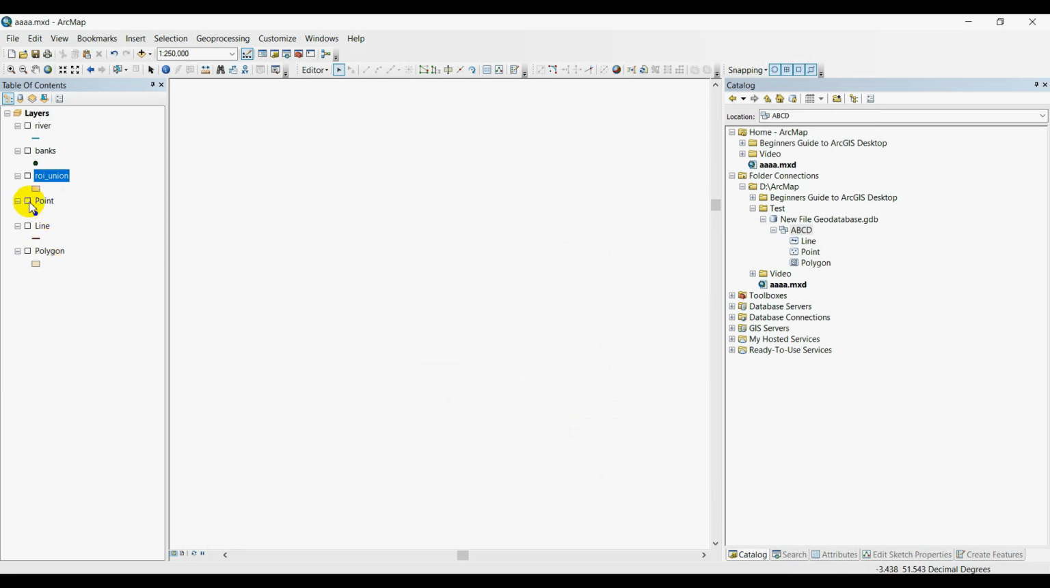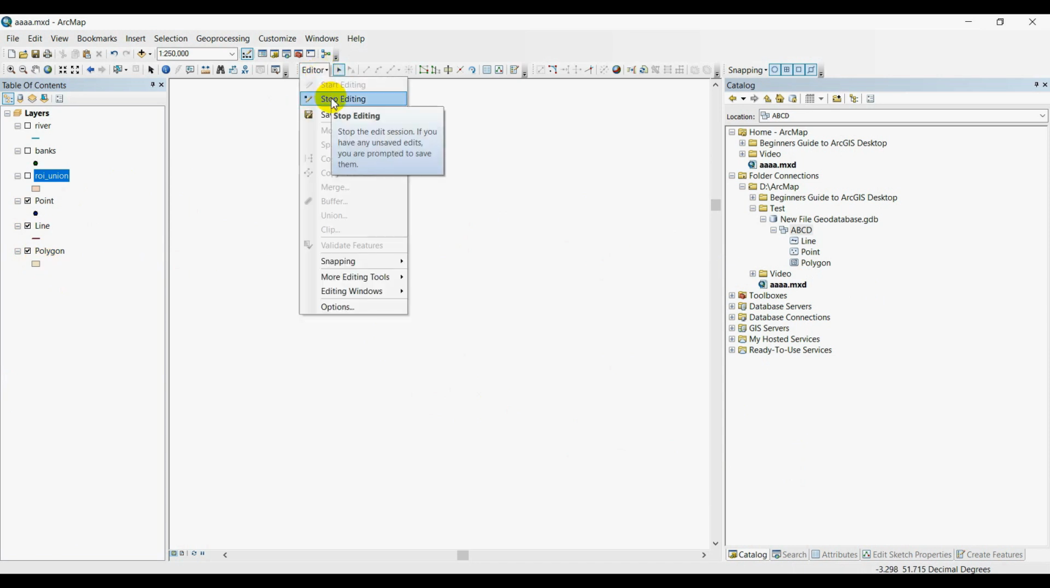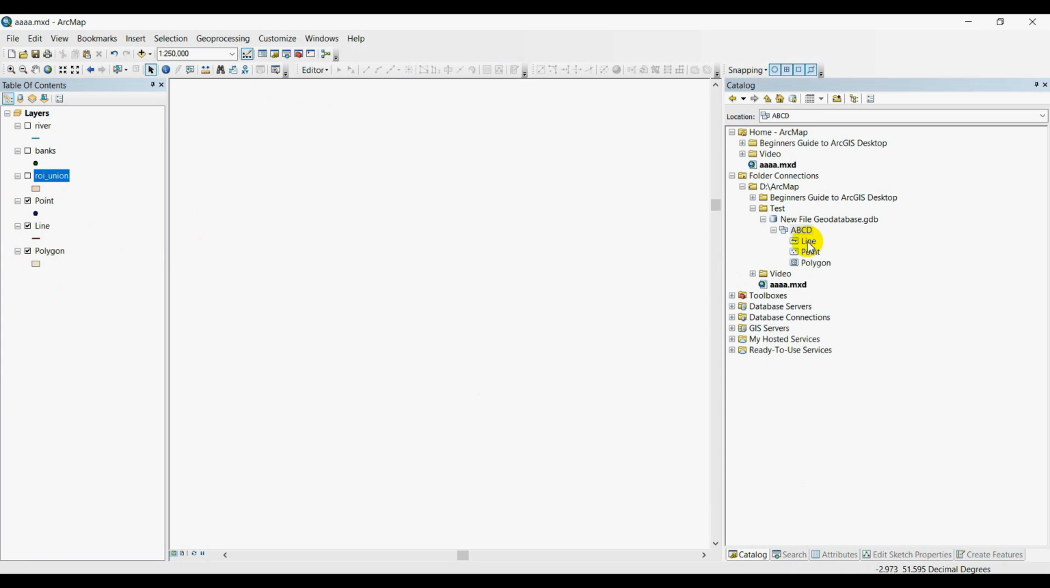Now open point feature, line feature, and polygon feature. Okay, you can load data from shapefile directly. So we need to stop that editing for load. How do we load data from shapefile or other sources? Just right click, load data, next,